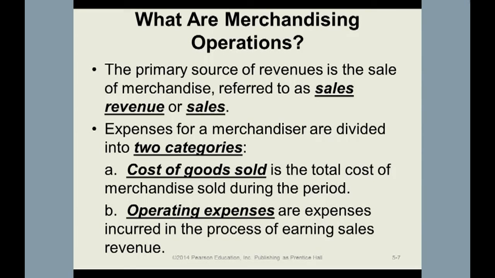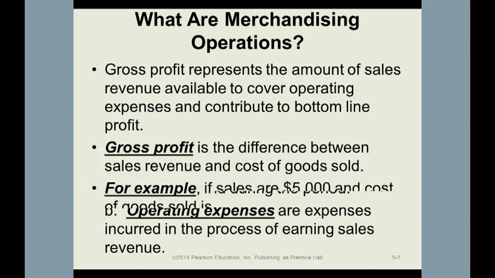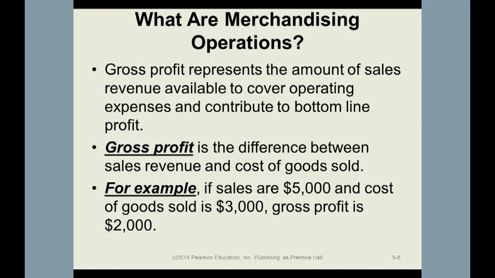And you're going to find out that cost of goods sold is probably one of the more critical pieces of an income statement. When you look at a merchandising company's income statement, it's going to look very different from a service company, because it's going to have something known as gross profit. Gross profit on their income statement is going to be the difference between sales and cost of goods sold. So when you look at the income statement now,